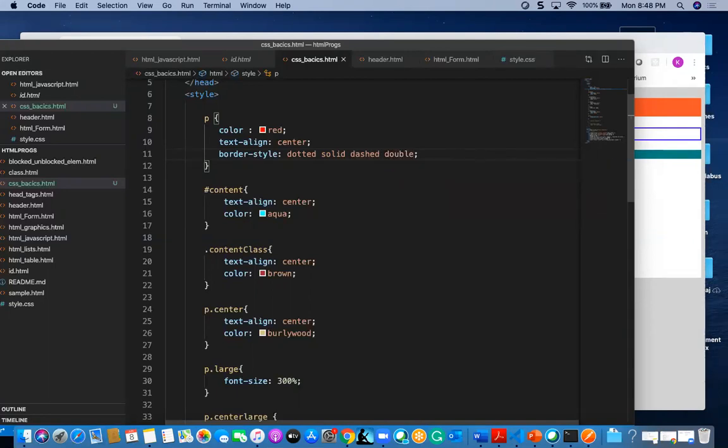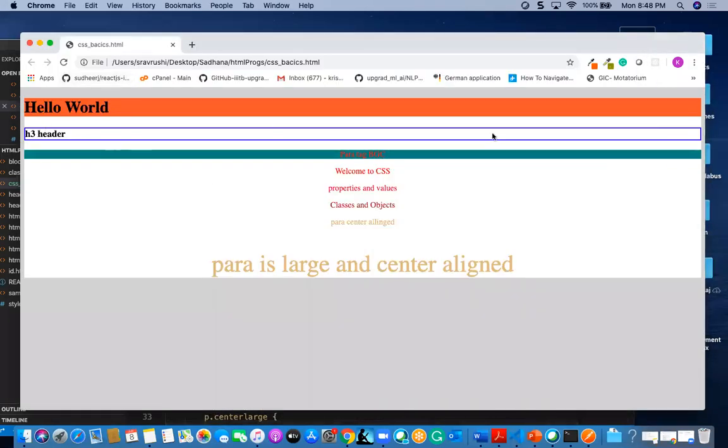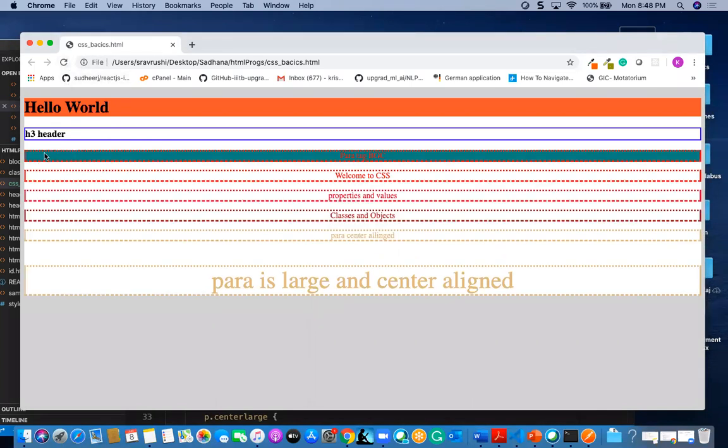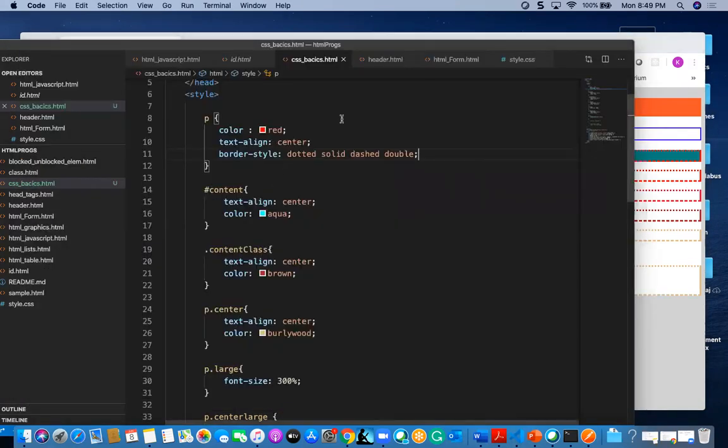All will be applicable for one single para. The first one is on the top, solid is on the right hand side, the dashed is at the bottom, and double is on the left hand side. That's how we can give four kinds of border styles at a time.